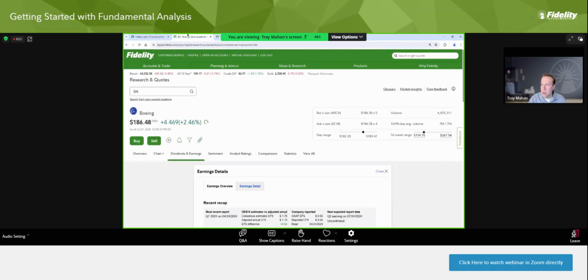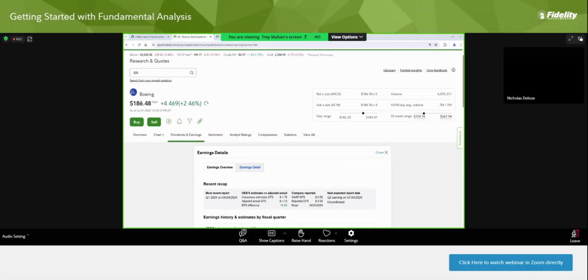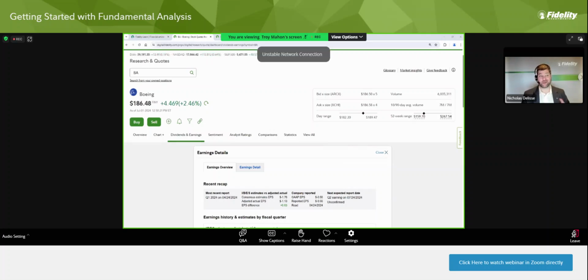I know you wanted to maybe take a look at either the equity summary score, or maybe you want to share some of your last-minute thoughts on some of the other data we have on fidelity.com. Sure. I do want to spend about a minute on the equity summary score, and then I'll share with everyone where they can find that recorded webinar I talked about beforehand. So with the equity summary score, if you come over to some of these other fields, we're going to go to analyst ratings on here.